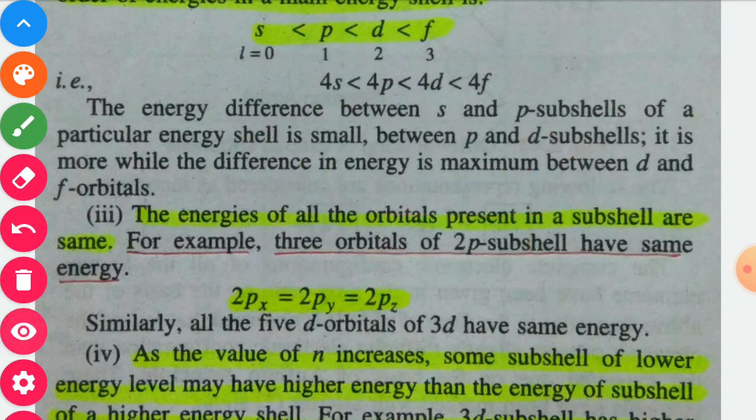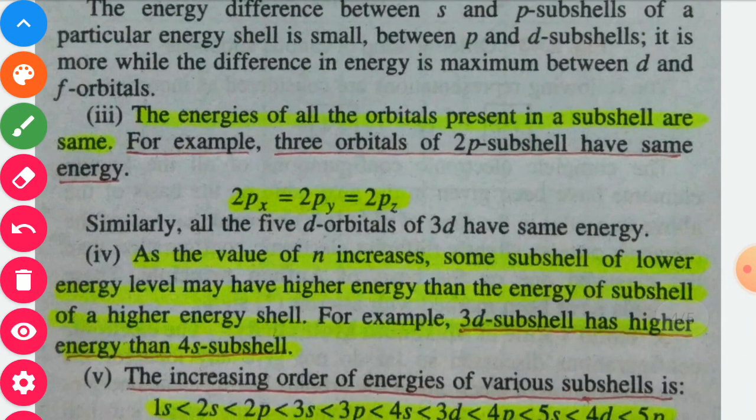Next point is that as the value of n increases, some subshell of a lower energy level may have higher energy than the energy of a subshell of a higher energy shell. For example, the 3d subshell has higher energy as compared to the 4s subshell. In other words, it is not necessary that if the principal quantum number value is more, then it will always have more energy as compared to a principal quantum number with a lesser value. It may be possible that the principal quantum number value is less,